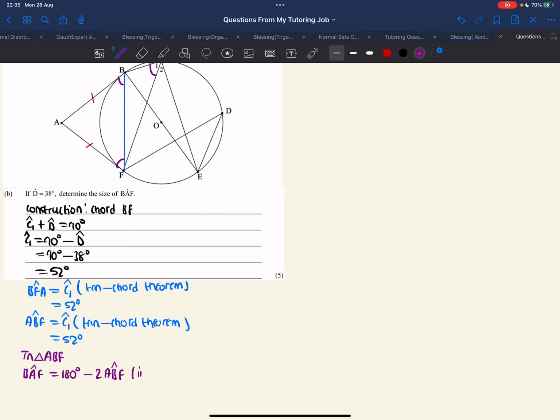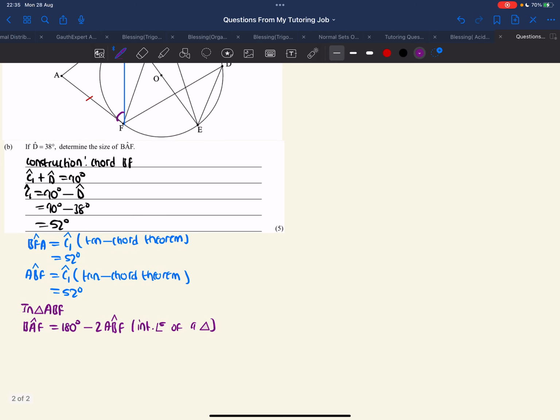Then I'm going to say interior angles of a triangle. Then BAF should be 180 degrees minus 2 times 52 degrees. And if you do that in a calculator much more quickly, 180 minus 2 times 52, the answer that you get is going to be